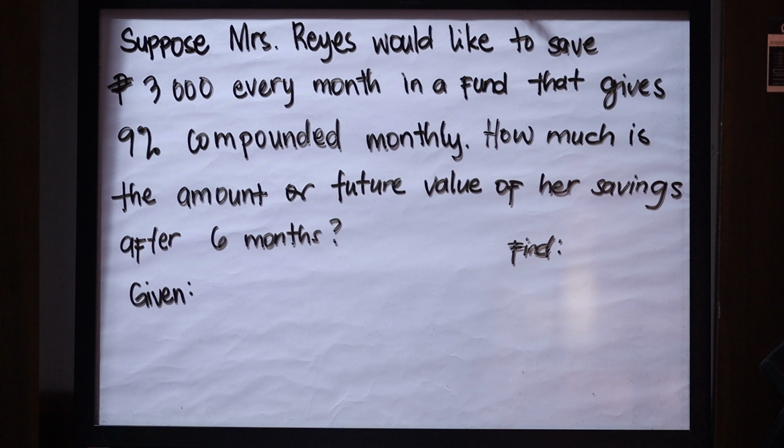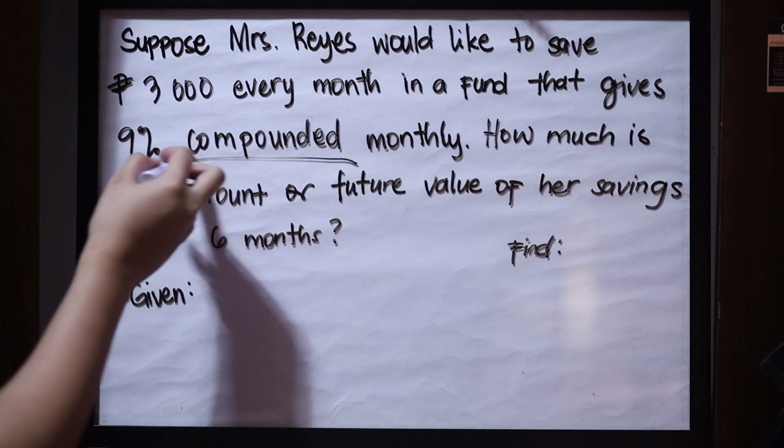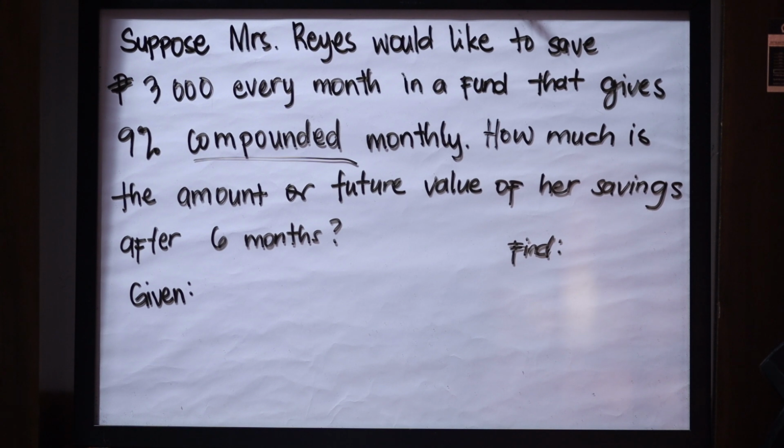Suppose Mrs. Reyes would like to save 3,000 every month in a fund that gives 9% compounded monthly. How much is the amount or future value of her savings after 6 months? Now, how are you going to differentiate this problem from the problems under compound interest? Right? Their similarity is that both have the term compounded, compound interest and